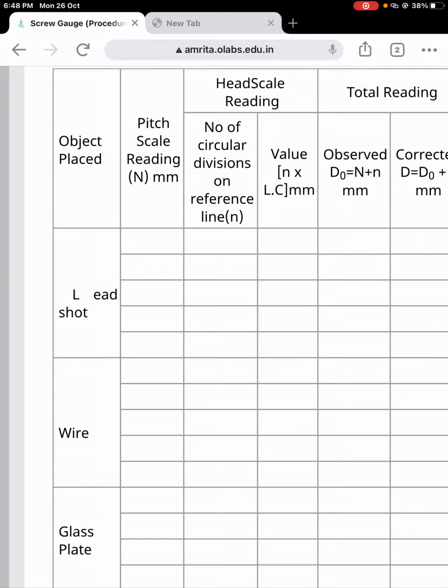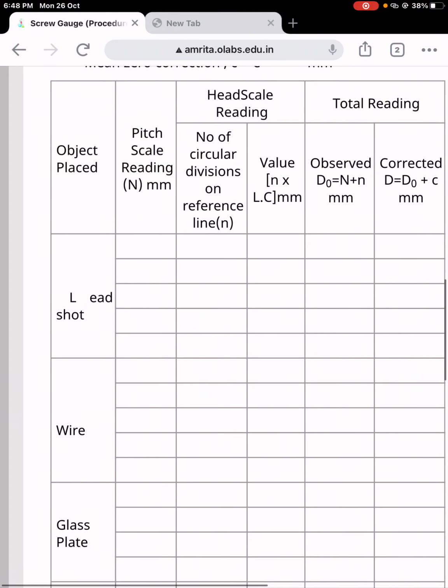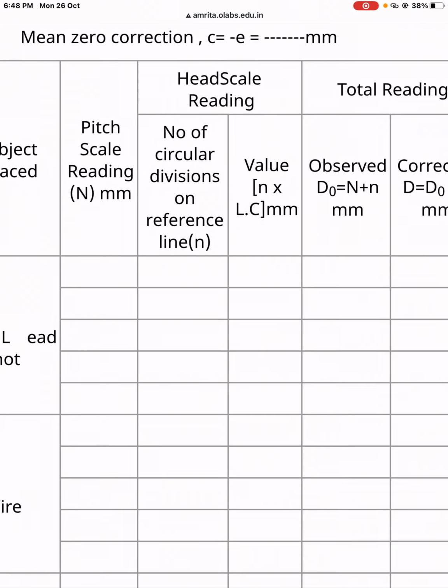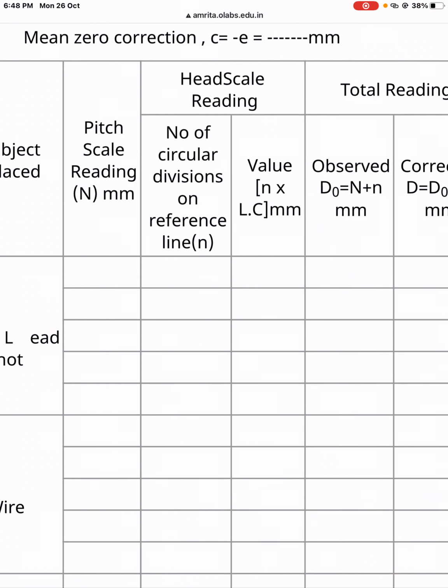Next, the value n into least count will be 46 into 0.01 millimeter. The observed value will be the sum of the pitch scale reading and small n multiplied by least count. So there is a correction in this formula. We have to add capital N and small n multiplied by least count. So that will be our